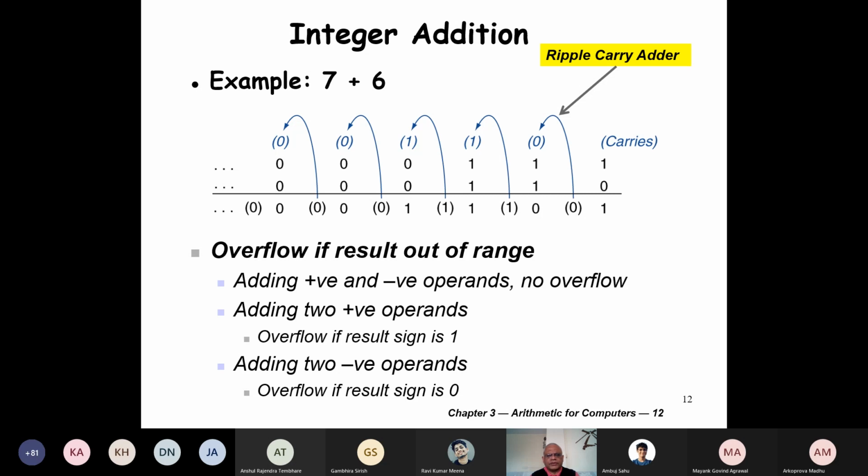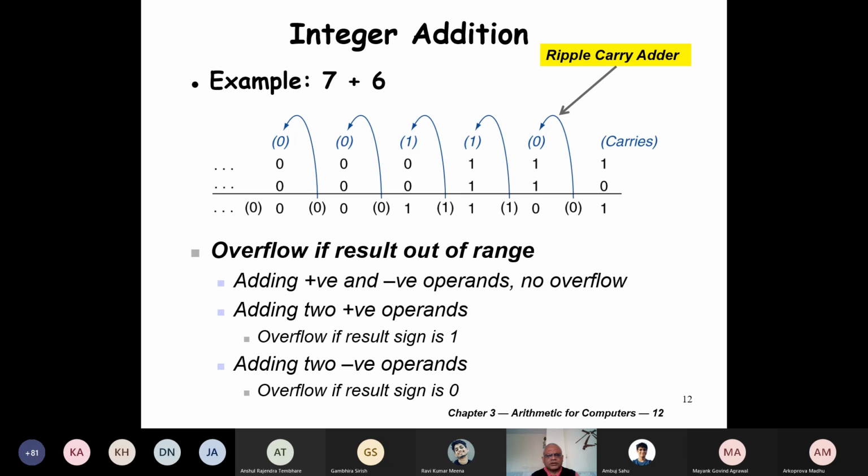One simple rule to remember is that if we are adding a positive number to a negative number, there cannot be overflow because the result will be less than the positive number and also more than the negative number. So adding positive and negative operands, we can do that confidently. There will be no overflow.